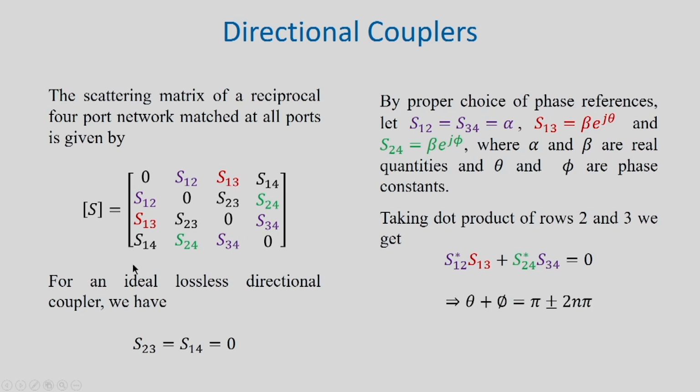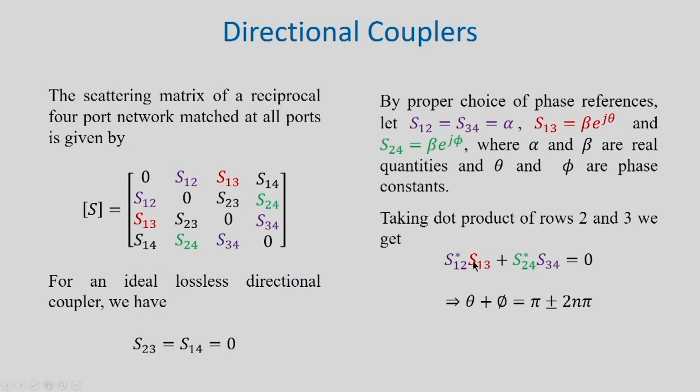If we now substitute these values, S12 conjugate will be alpha, S13 will be beta e to the power j theta. So, this term will be alpha beta e to the power j theta. S24 conjugate will be beta e to the power minus j phi, and S34 is alpha. So, it is alpha beta e to the power minus j phi, and therefore,